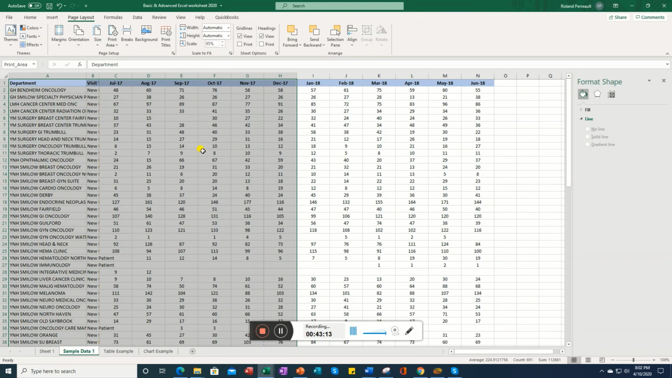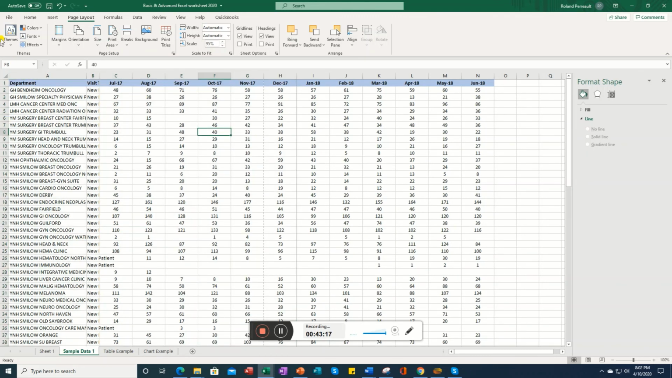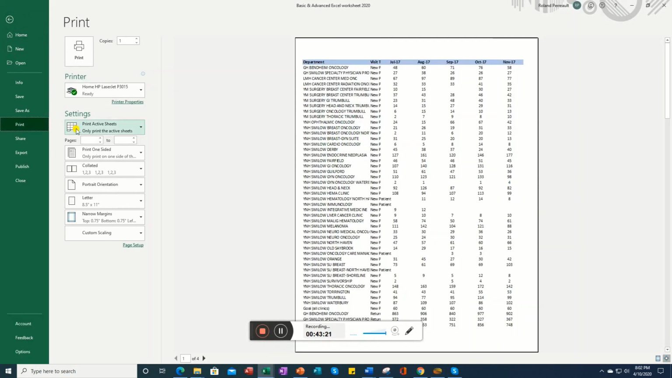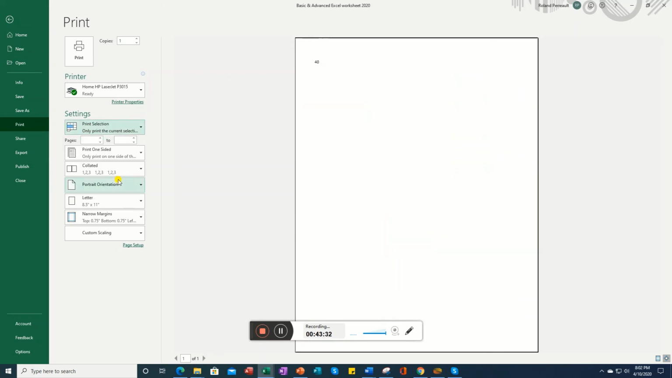Now, I've set my print area to just be that. So now if I go back and I say print, and it says here print, it's still 1 to 4 pages. It says print active sheets. If I change it to say print selection only,